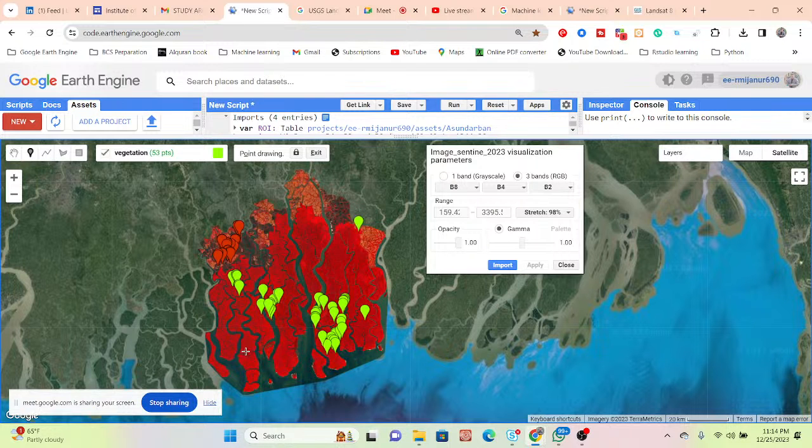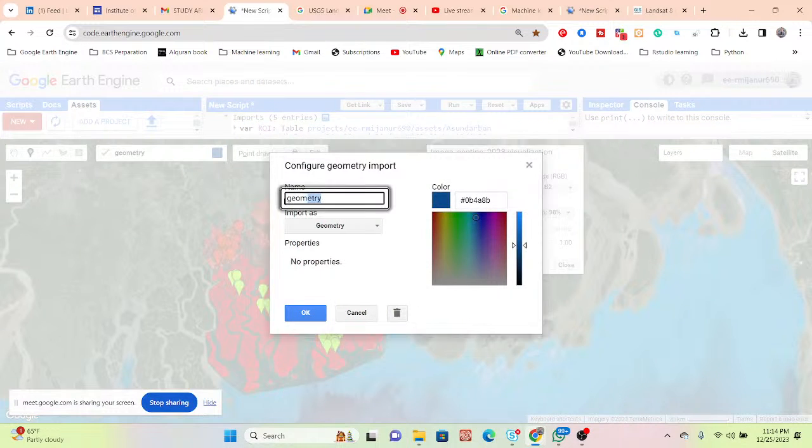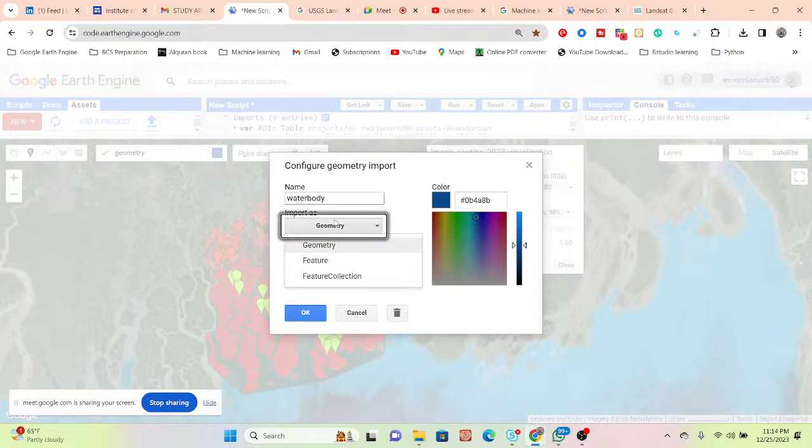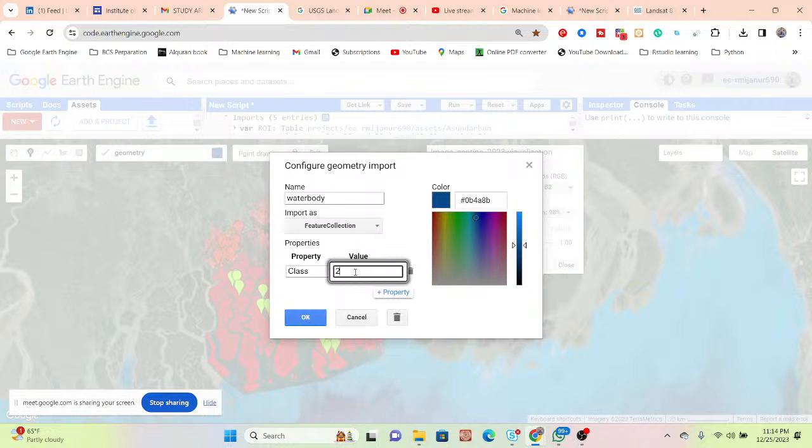Okay, so now further I want to show the water body. Just simply click on here and put here this water body and put here the feature collection property. Set the property for class and in this time 2.